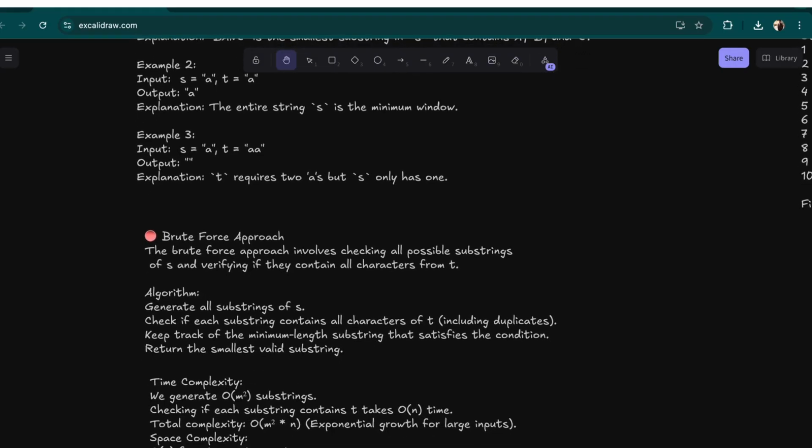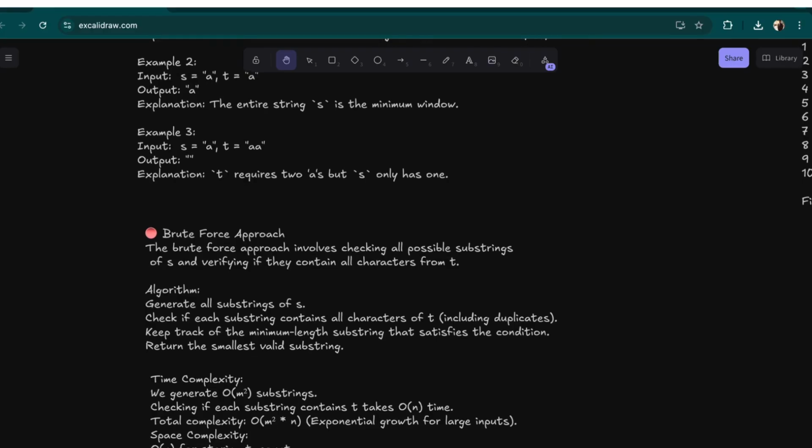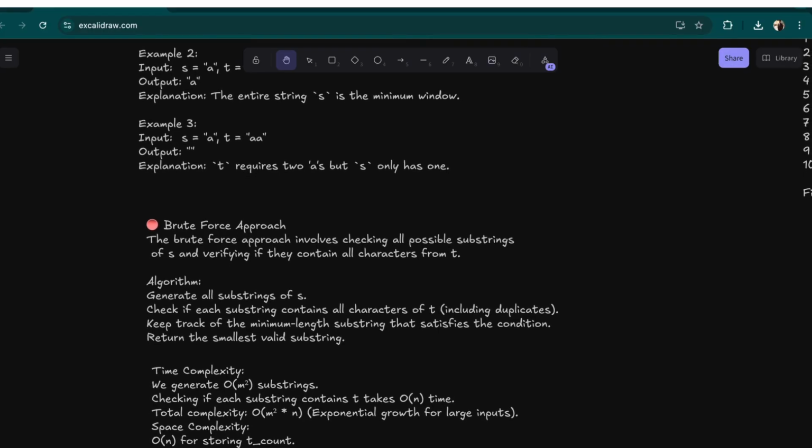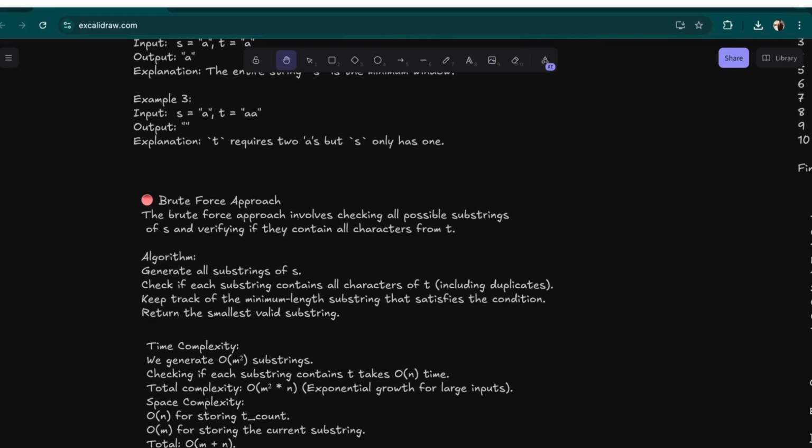And the space complexity is basically O of n for storing the T count and O of m for storing the current substring. So the space complexity is also O of m plus n. So the drawback is that it is clearly visible that the solution is inefficient for larger inputs. Okay,